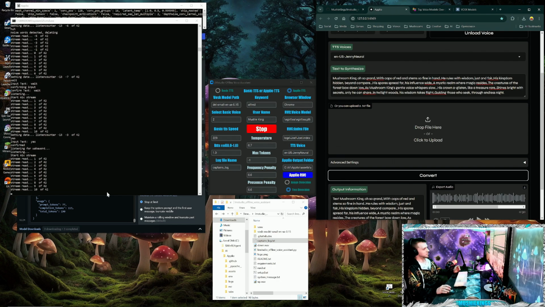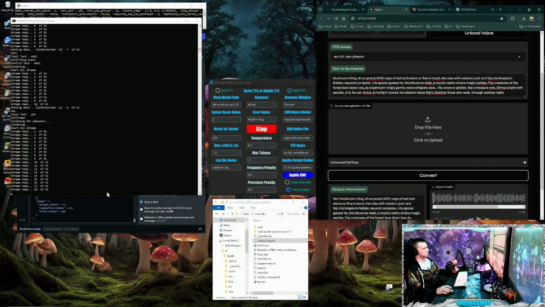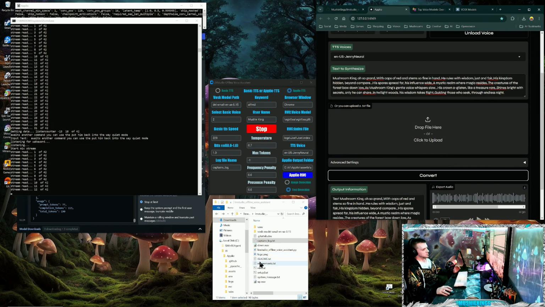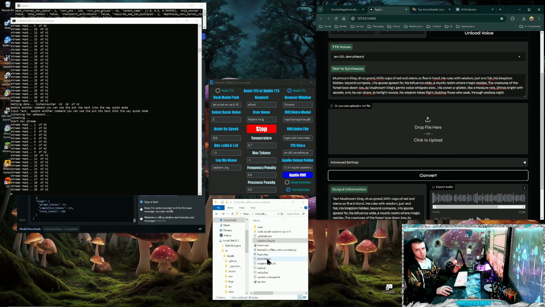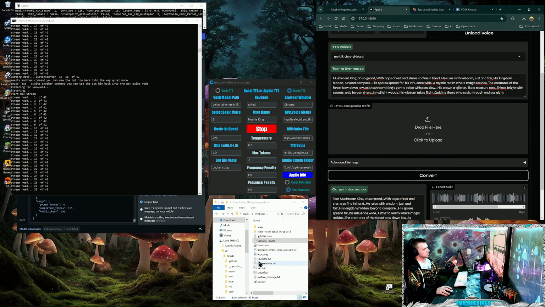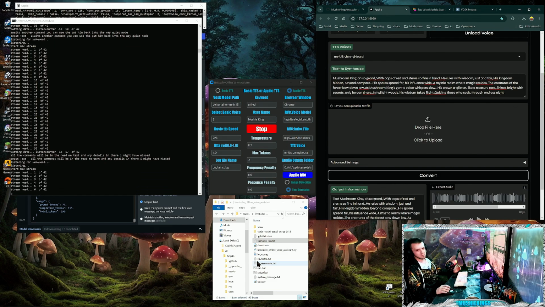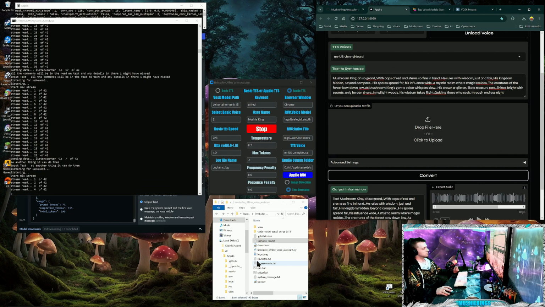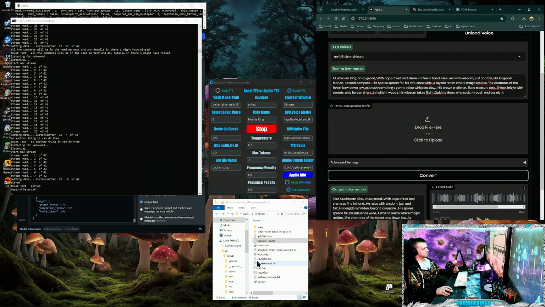Wait is another command you can use to put it back into the wake word mode. All the commands will be in the readme text, and any details in there I might have missed. So another thing you can do with it: